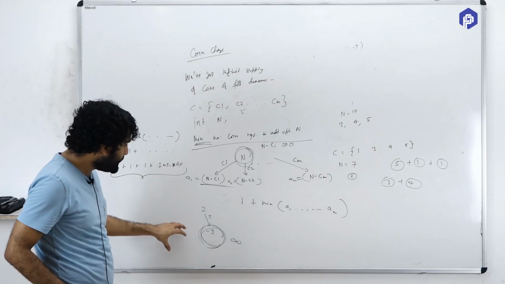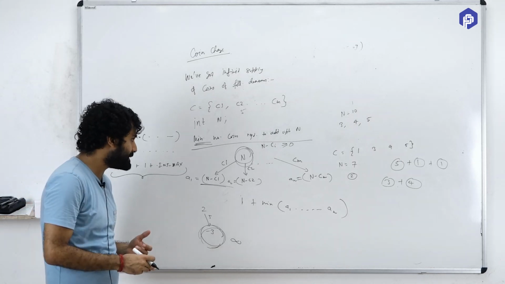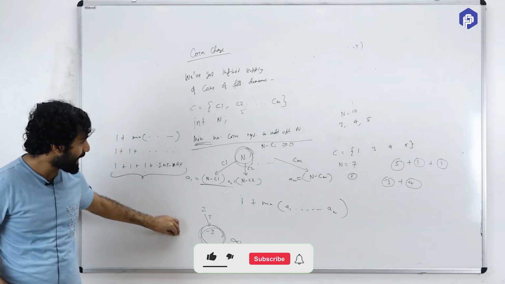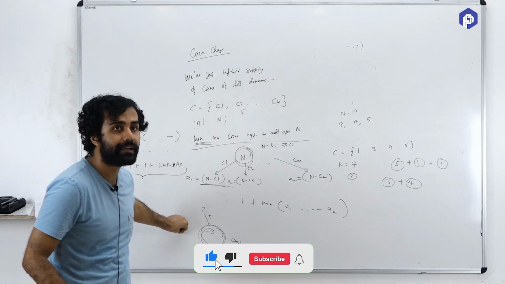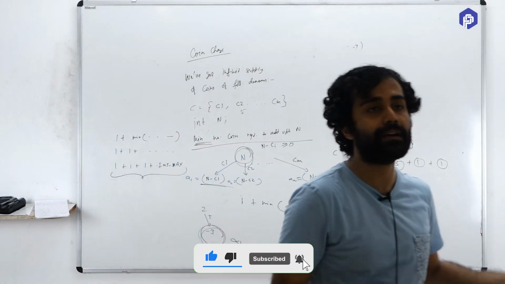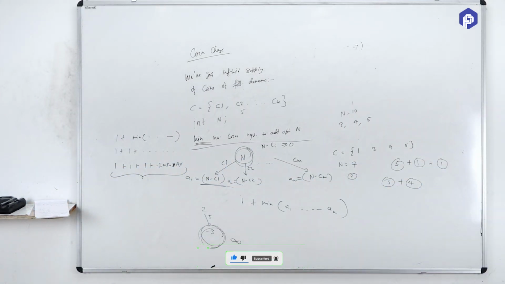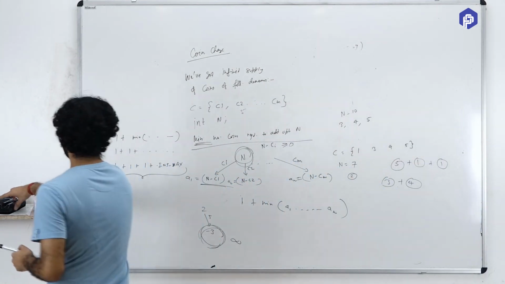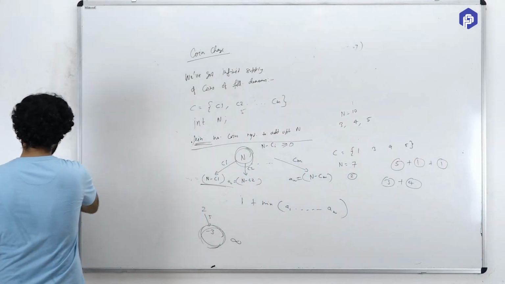And what would be your favorable termination condition? So certain times what would happen is that your remaining sum becomes 0, or your remaining amount becomes 0. So what would you want to return for 0? So you want to make 0 rupees. To make 0 rupees, how many coins do you need? You need 0 coins. So you would exactly return 0. Okay. So you can write your code something like this.